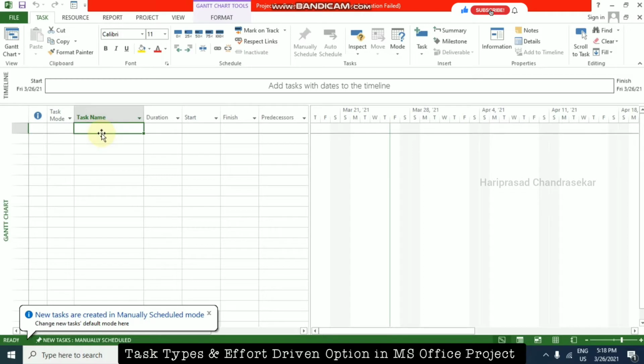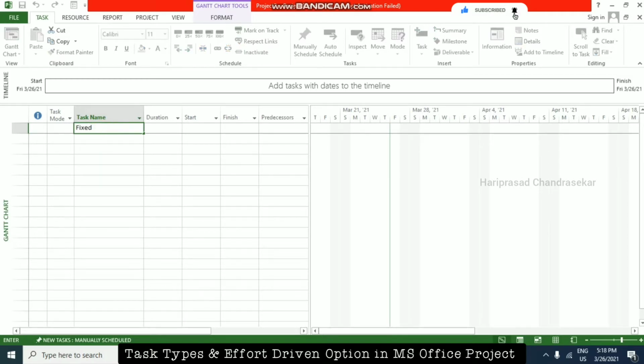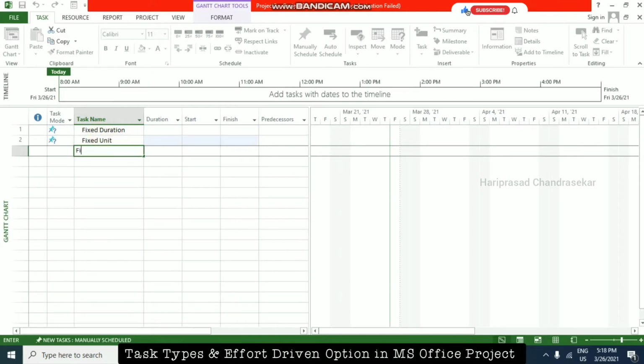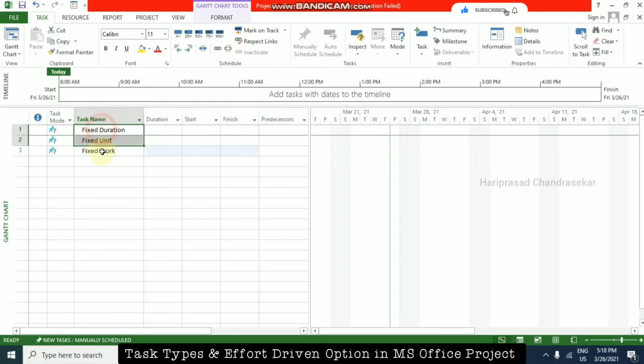I'm just going to create some tasks: fixed duration, fixed unit, and fixed work. Again I am just taking the same.